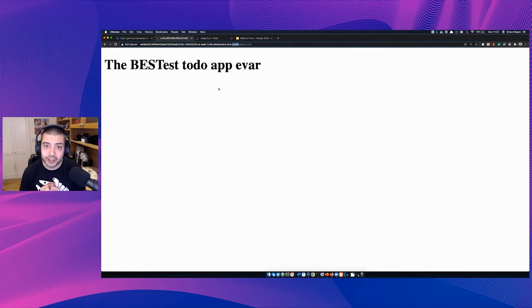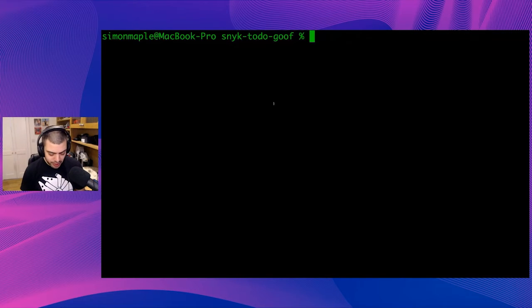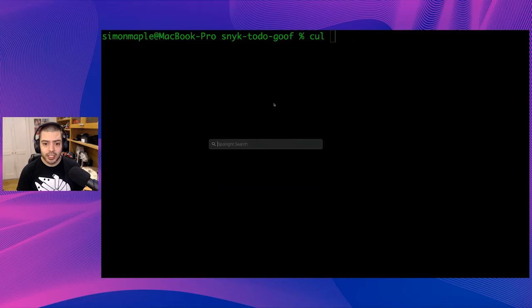And directory traversal is the ability for me as an attacker, as a malicious individual, to try and break out of a directory that I should have access to, in this case, the public directory. And I'm going to break out of that and try and find some sensitive material somewhere else on the server. So first things first, let's grab that, move across to a terminal, and I'm going to curl